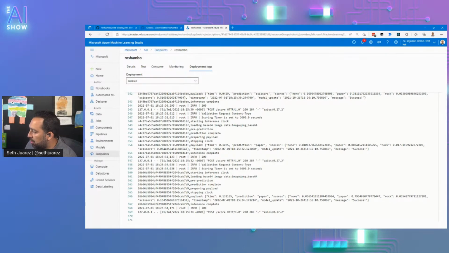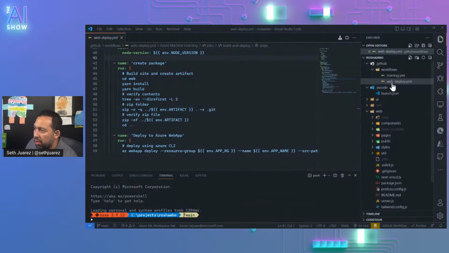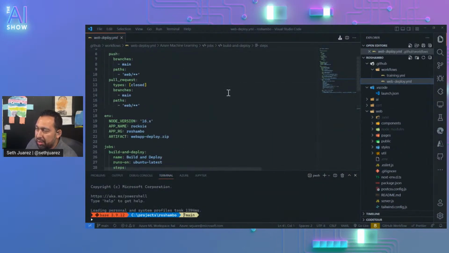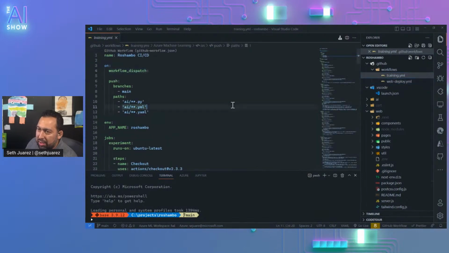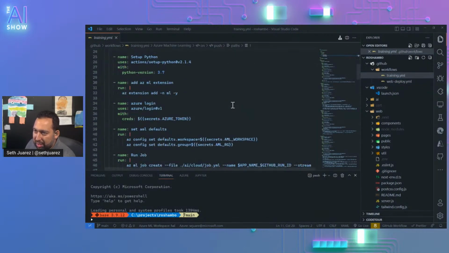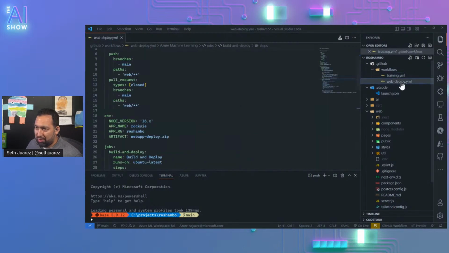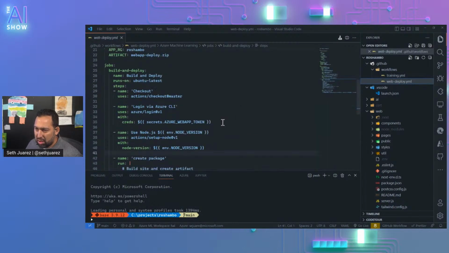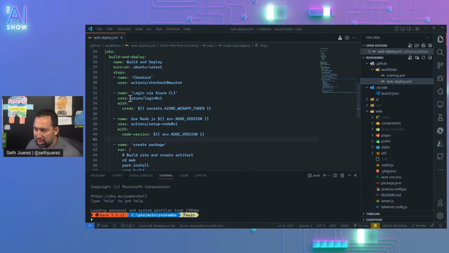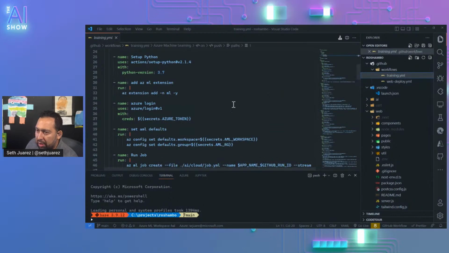Okay. So let's go back over here and let me show you how I set that up. This is right here. The training one is the one that's not working anymore, I think because the Azure CLI is completely different. Wow. Do I have 2 tokens in here? Oh, geez. No, I think this one's scoped just to the web app, which is clever, which is smart, right? That way if someone compromises it, they just compromise the crappy website. Here's the training one.